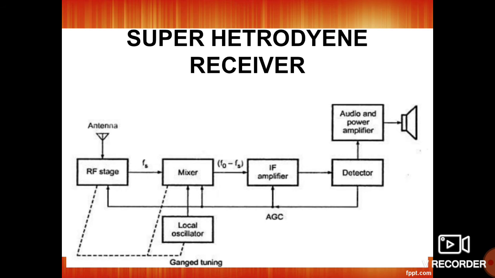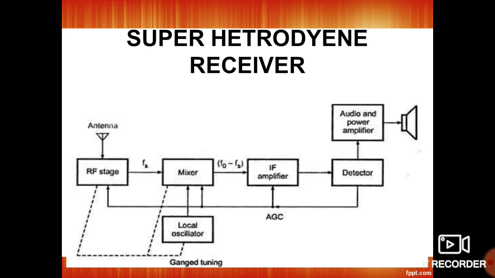The audio power amplifier is finally used for receiving the signal from the detector, which is in a very weak form. So it needs amplification before it reaches the human ears. The audio and power amplifier is used to amplify the received signal from the detector in 2 or 3 different stages. The signal is amplified and given to the speaker. From that speaker we can hear.